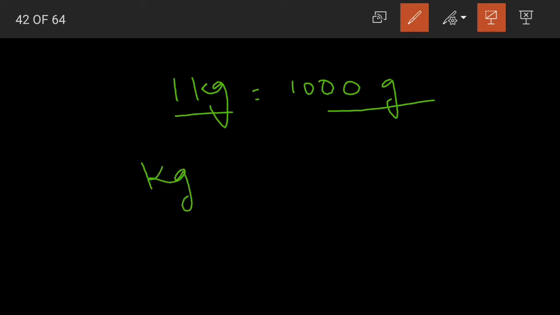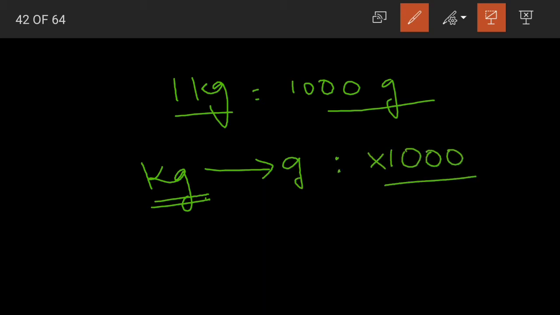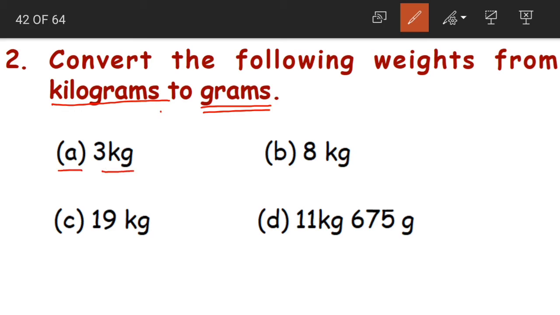So when we want to convert the given measure, which is in kilograms, into grams, what should we do? We should multiply by 1000. Yes, when we multiply the given kilograms value by 1000, the answer we get will be in grams. If you look at the questions, first one is 3 kilograms. Now how to convert this into grams, children? 3 into 1000, that is nothing but 3000 grams. Don't forget to mention the G in the answer. 3 kilograms is equal to 3000 grams.